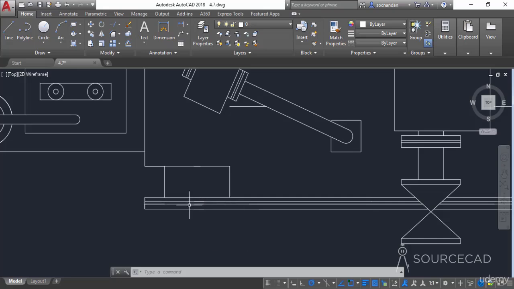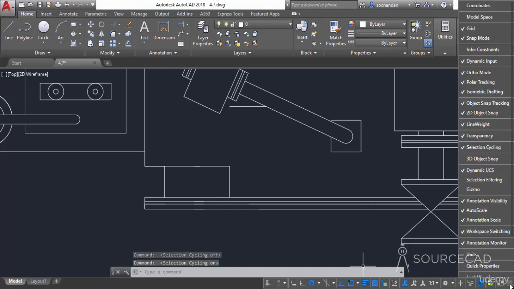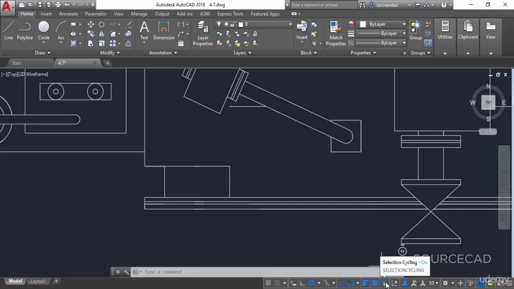Now in order to clearly identify that, you can take help of selection cycling. So you can click on this selection cycling option on the status bar to turn it on, and if you're not able to see this option, selection cycling, then click on the customization and click this selection cycling option. So make sure that this selection cycling option is active. Now once it is active, go to the status bar, turn it on, and now move back to the drawing